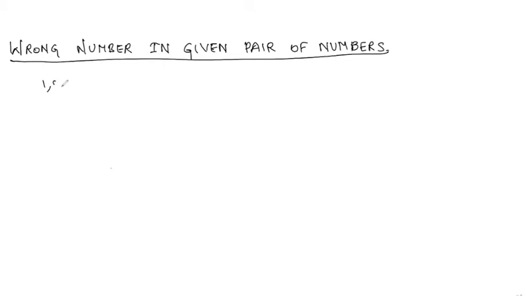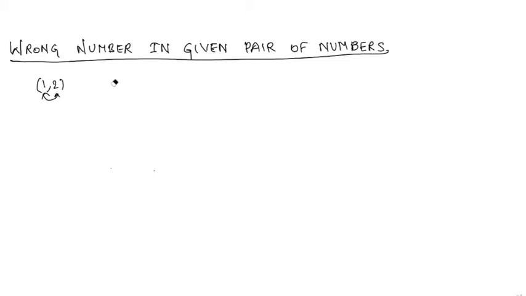Now 1, 2 is a pair of numbers. A, B, pair of alphabets. So pair means two. In this kind of questions, you have pairs of numbers in the options. In a pair of numbers, there is a relation between these two numbers, one pattern or one relation. Based on that relation, you have to check in all the options whether both the numbers follow that relation or not. Whichever pair of numbers is not following that relation will be the correct answer.